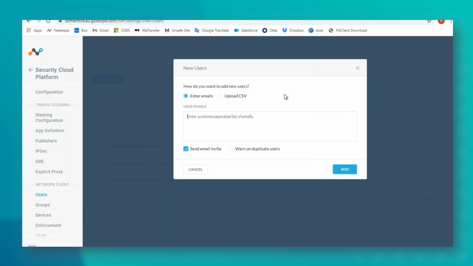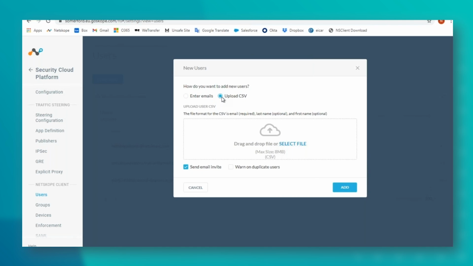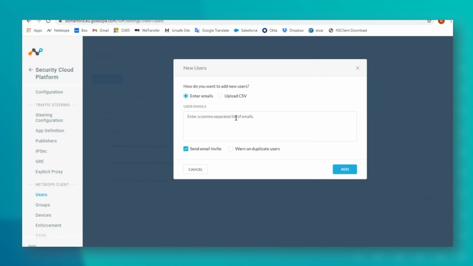The email address can be accompanied by a first name and surname when you're using the manual process, where we can upload a CSV file full of email addresses, first names and surnames, or we could individually add them here manually. Now, when you add a user manually, you can send them an email invite that allows them to download the client